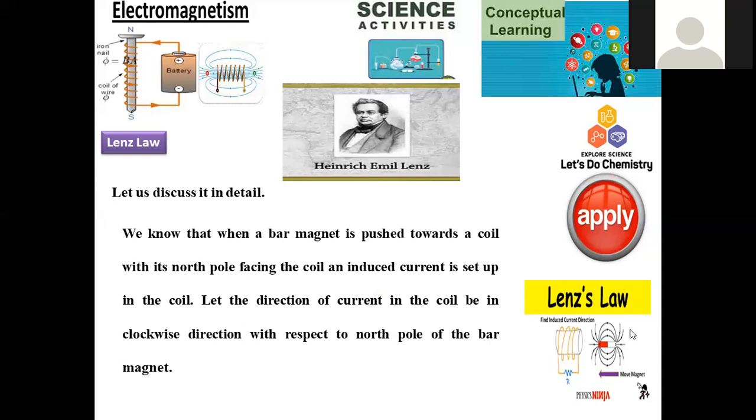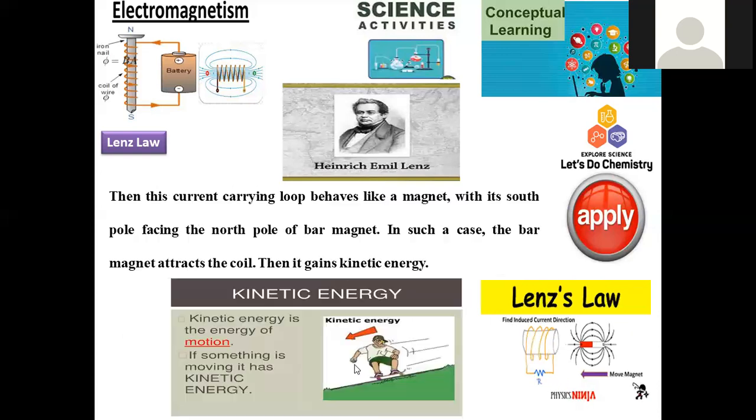So here this is moving clockwise with respect to the north pole because we are inclining the bar magnet, north pole towards this closed loop, so that clockwise rotation of this induced electrical field is possible within this closed circuit. Then this current carrying loop behaves like a magnet. Whenever the external magnet is nearing, due to the generation of an electrical field, already we know that whenever an electric field is there, obviously it is surrounded by a magnetic field, both are perpendicular and both are simultaneous phenomena, that is called electromagnetism.